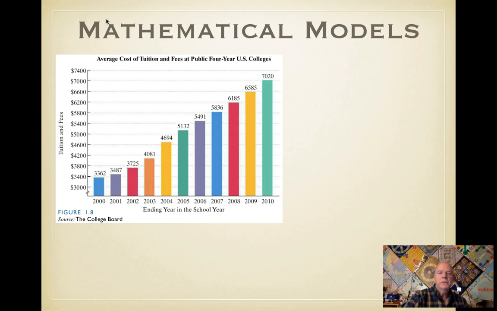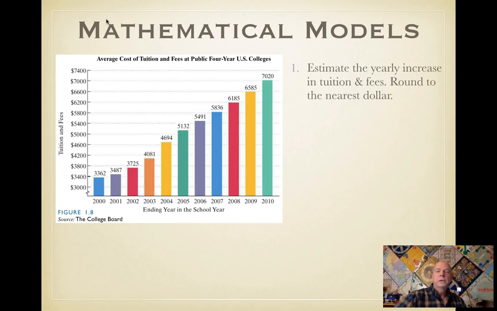$3,362 was the average cost in 2000 for tuition and fees, and just 10 years later, in 2010, that more than doubled, right? $7,020 for tuition and fees. That's a huge increase. So our question here is to estimate the yearly increase in tuition and fees. So we want to know how much it's gone up on average each year,